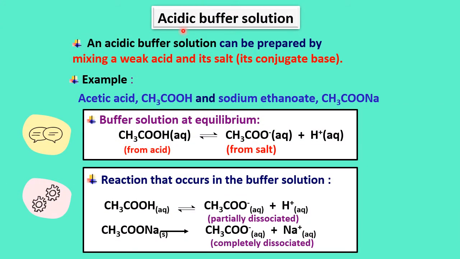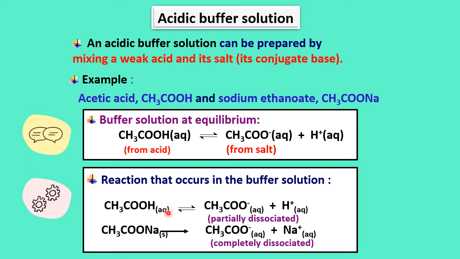Let's discuss what an acidic buffer solution is. An acidic buffer solution can be prepared by mixing a weak acid and its salt. So the salt is a conjugate base. We try using the example acetic acid or ethanoic acid and sodium ethanoate. For a buffer solution at equilibrium, the acid, this is the weak acid, will partially dissociate into the conjugate base and the H plus ion. The reactions that occur in the buffer solution include: